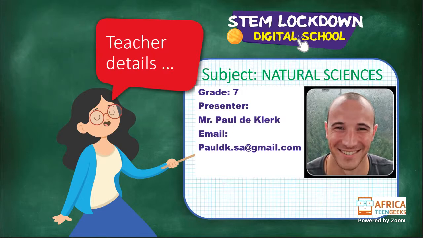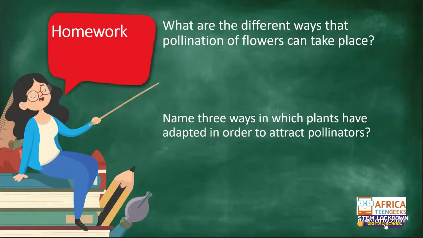Right, so back to this lesson and what we'll be chatting about today. Let us move straight into the revision from yesterday's homework. I'm going to ask you to again keep the chats clear. For those of you that came in late, we have all now had a chance to say hello. From now on, let's try to keep the chat clear so that we can have some question and answers going. I am going to ask a bunch of questions today, so I need you to have the ability to communicate with me. So the first one there, what are the different ways that pollination of flowers can take place?